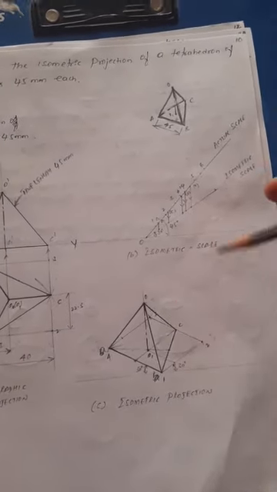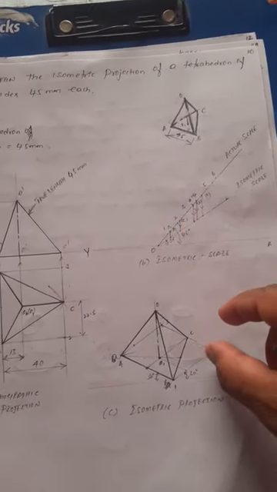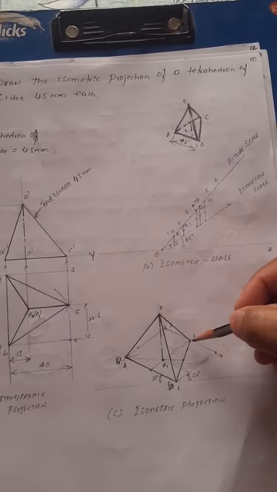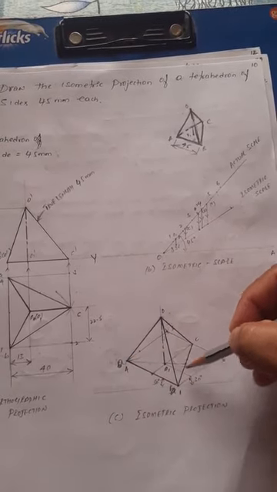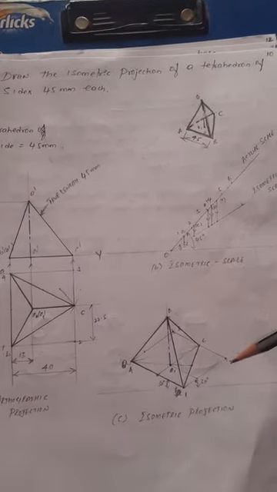This distance is iso 22.5. From 2 as center, draw an arc on the 2 to 3 line. Then you will get the point C. Then join A to B, B to C, and C to A. That gives the base of the tetrahedron.